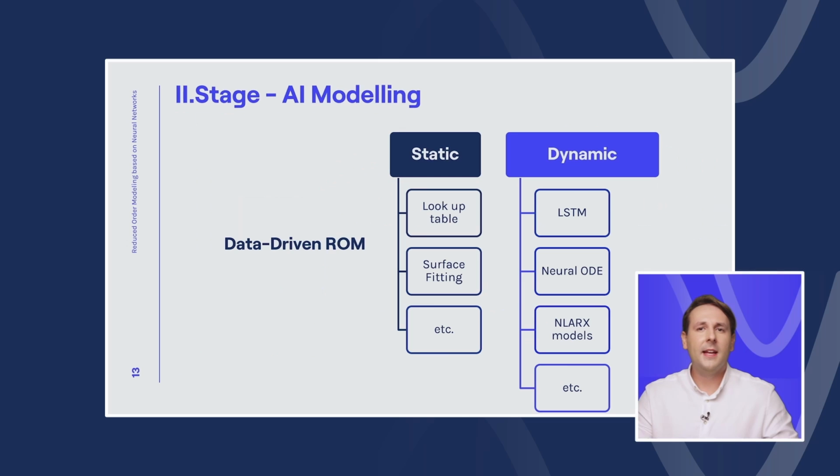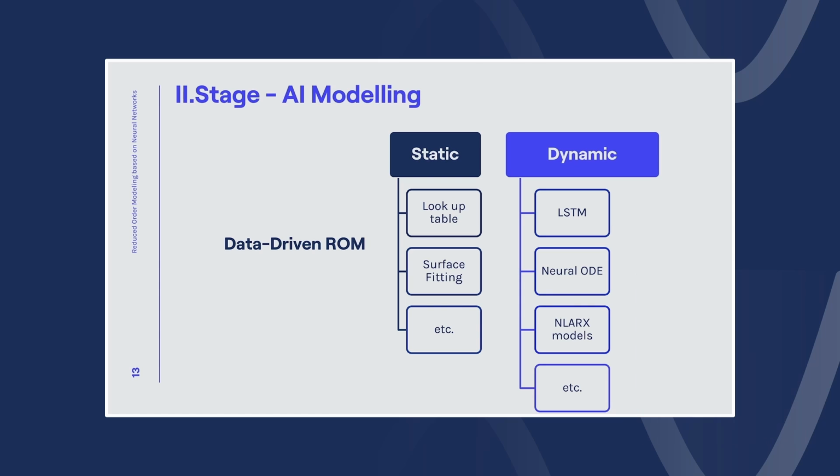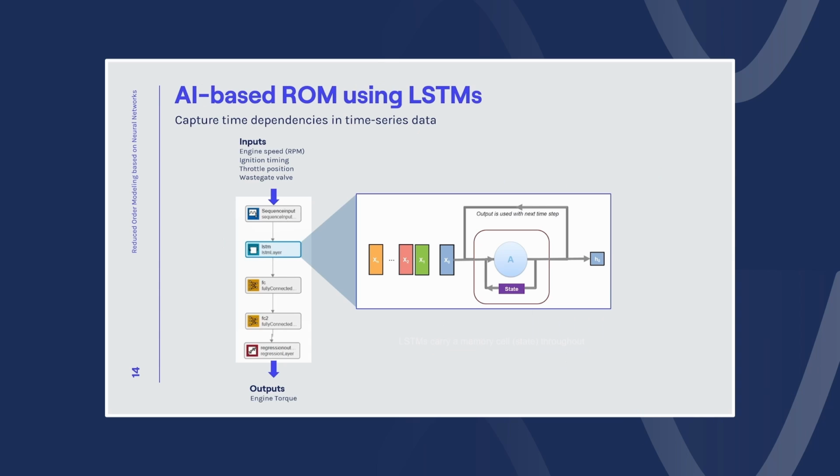The next step is the AI modeling. So we have to choose what kind of architecture we would like to train. If you look at the different data-driven approaches for the ROM, we can think of static or dynamic methods. Static methods include lookup tables or curve fitting or surface fitting techniques. Dynamic methods include deep learning methods like LSTM networks, neural ODEs, nonlinear ARX models, and a couple more. For this example, we are going to use an LSTM network to be able to capture the time dependencies in